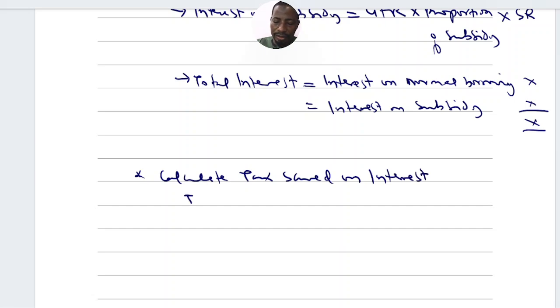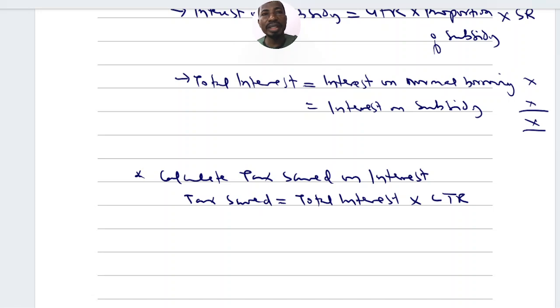So tax saved will be calculated as total interest multiplied by company tax rate. So you are going to multiply the company tax rate on the total interest. Then finally, step 3, calculate